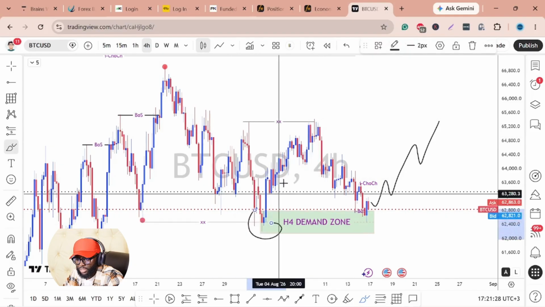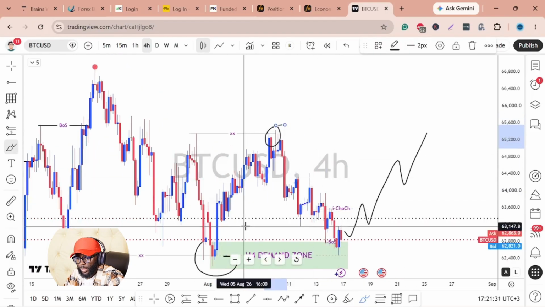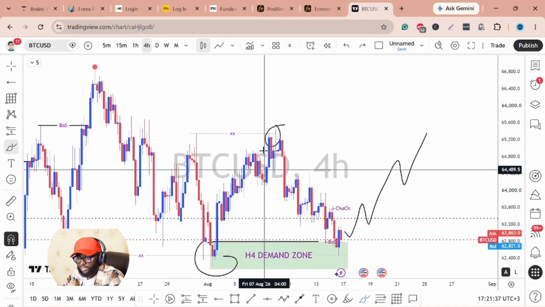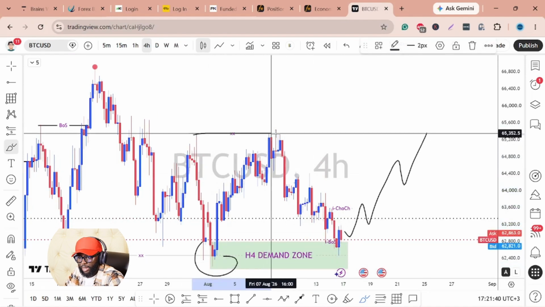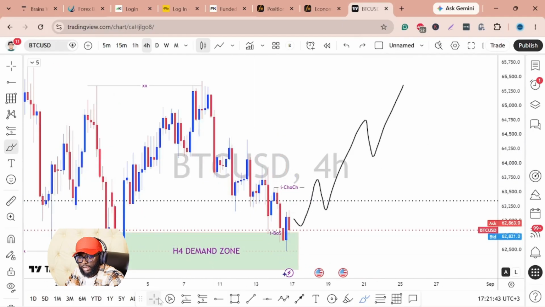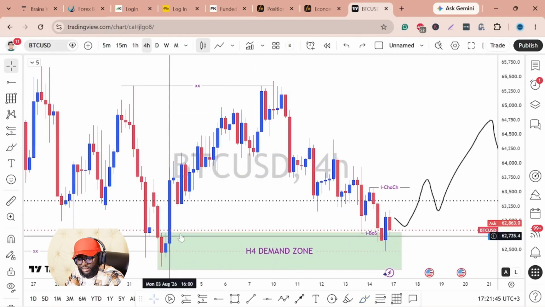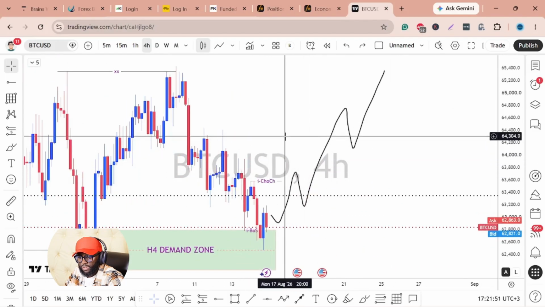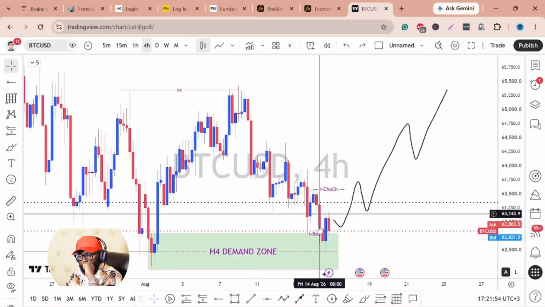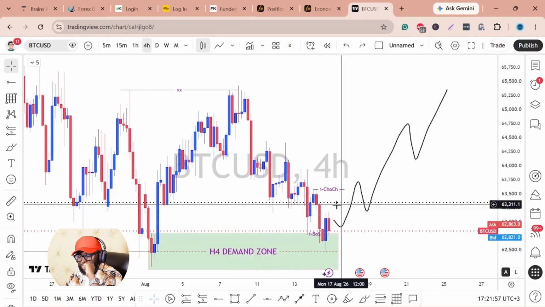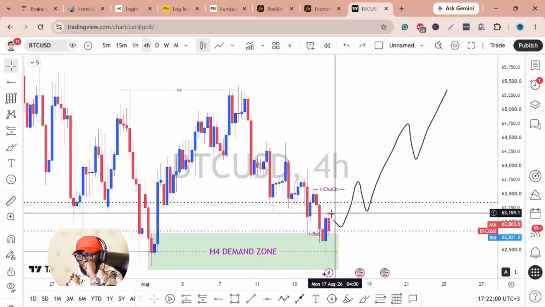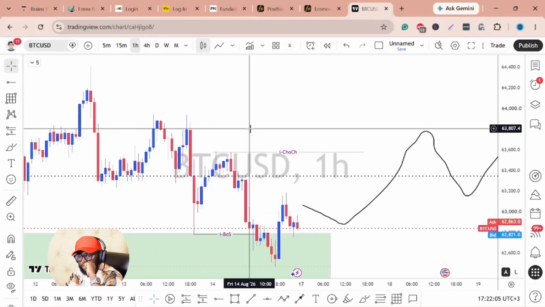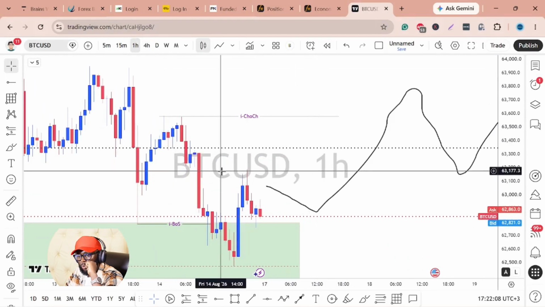So we have a sweep on this low, sweep high again, and now price has already returned to this demand zone that was formed when price was pushing high like this. Despite us not having a break of structure here, I see there is a high likelihood for this demand zone to hold price on BTC USD for us to see bullish price action taking over. If you check again on the 4 hour price action, you can see we had a very beautiful bullish engulfing candlestick on that zone. Therefore, it tells you that there is significantly high bullish momentum holding price on that level.